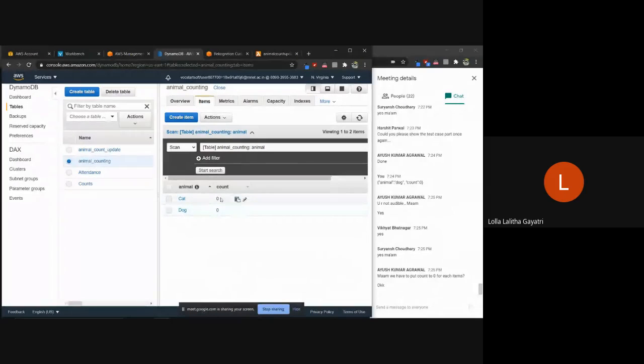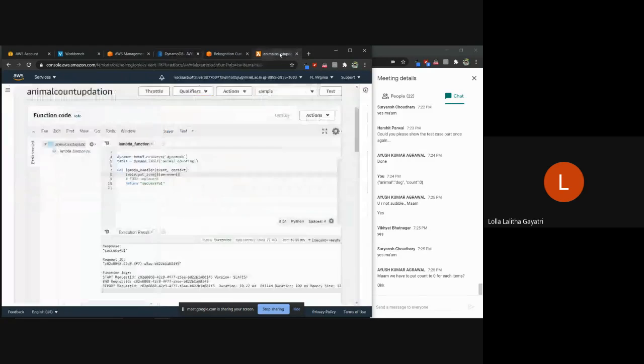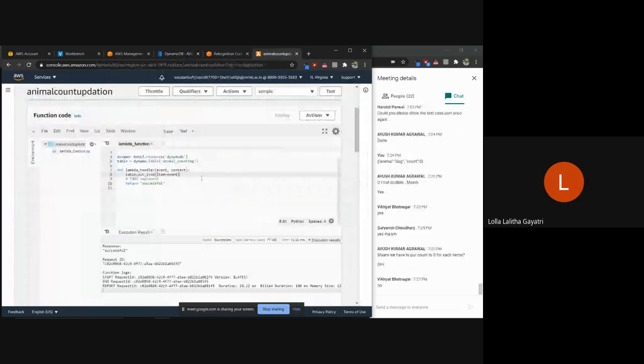Okay, so now what do you want to happen? Do you want just to add items like this? Do you want to add 0, 1 normally like this from the Lambda function? What's the use of using a Lambda function in that case, right? This is not what we want. Whenever cat is detected, you want this Lambda function to trigger and you want